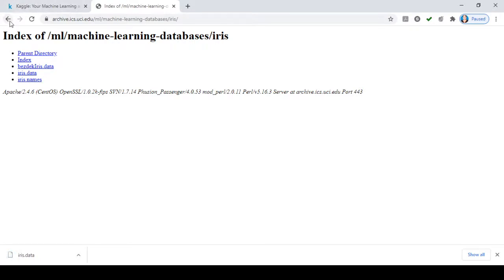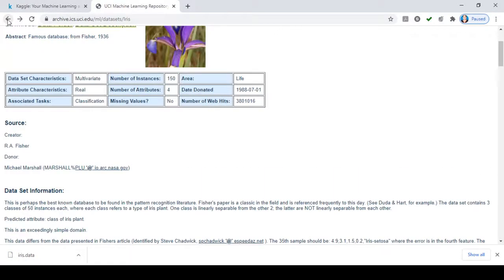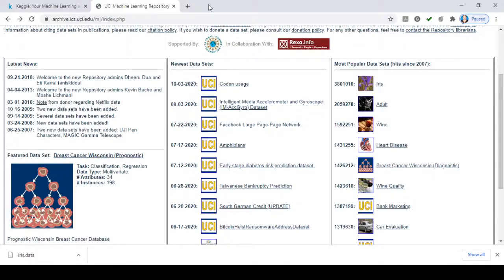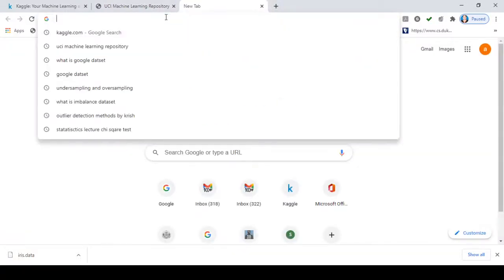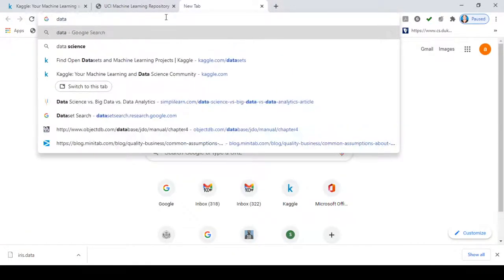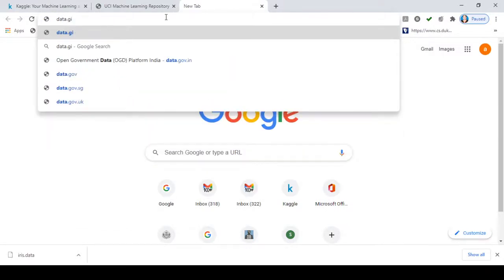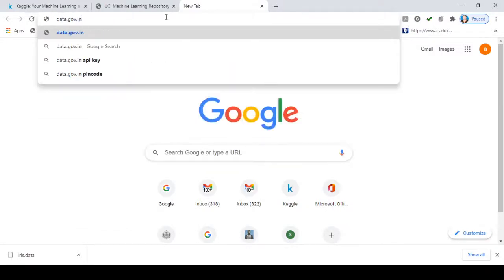Okay, so next, suppose you are not able to find any data set on this particular site, then we have a new site, which is data.gov.in, right?